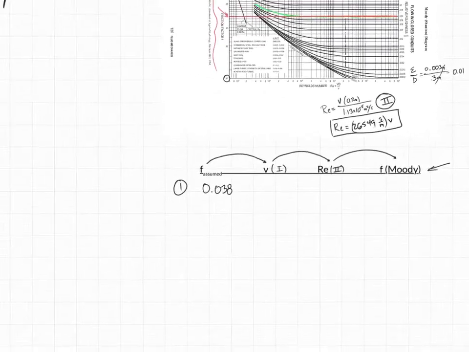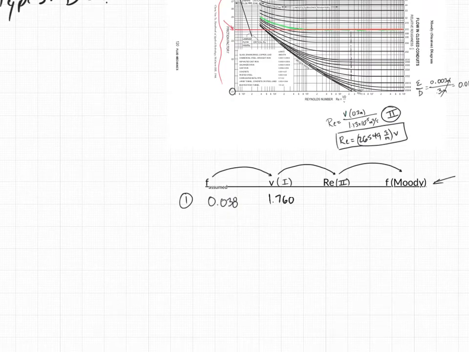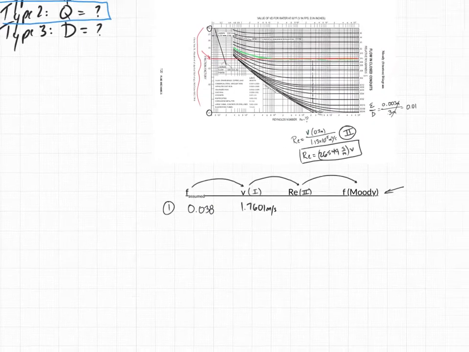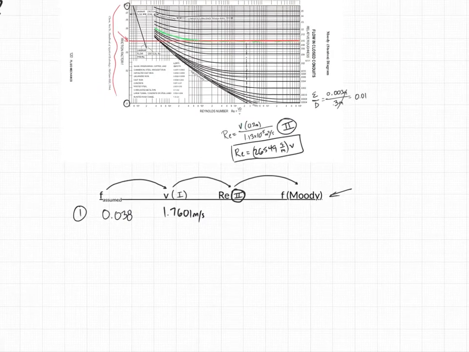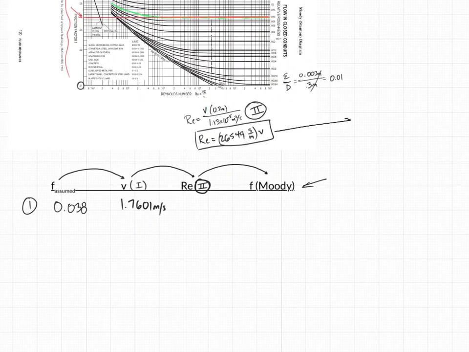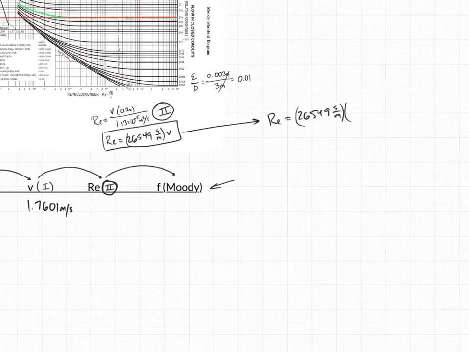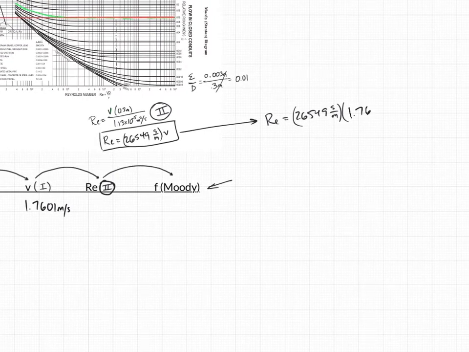So I'm going to go over here, 1.7601 meters per second. From that, I'm going to use equation 2 to get a Reynolds number. I'm going to say the Reynolds number equals 26549 seconds per meter, times the velocity, which is 1.7601 meters per second. So the Reynolds number equals,